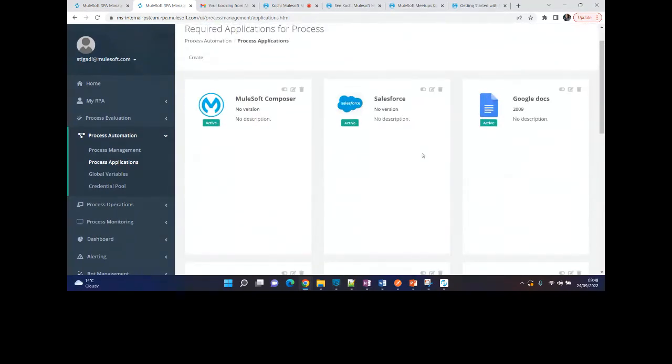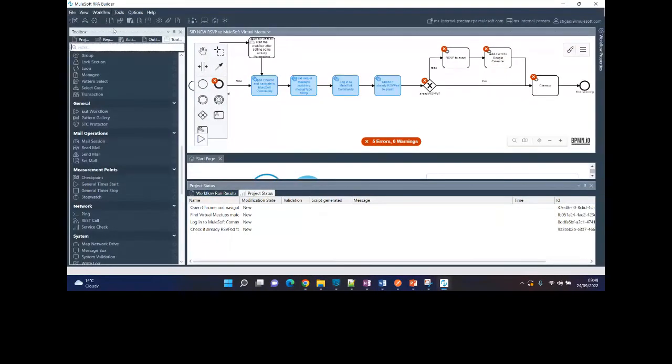Okay. Just one question from my end, Sudama. I would be more interested in the build phase. Once we are done with the design phase, building all the BPMN and IO and the workflow, how are we going to build it actually? Like by clicking on the RPA builder? Yeah, I'll show you what happens basically.